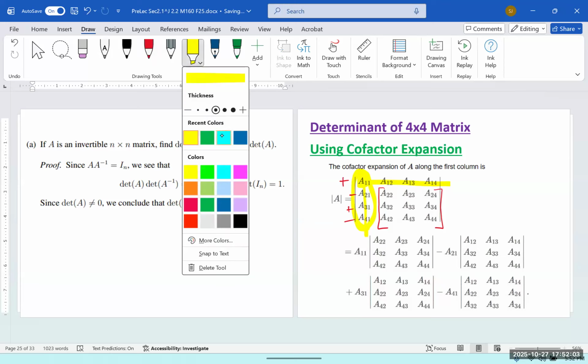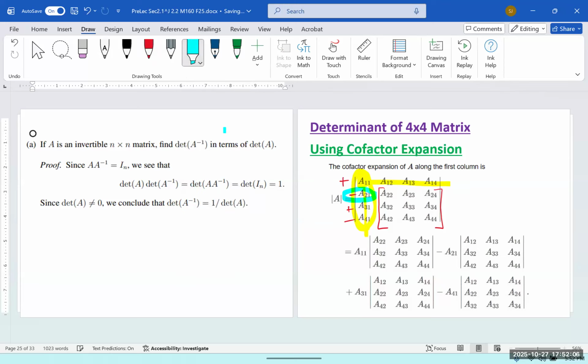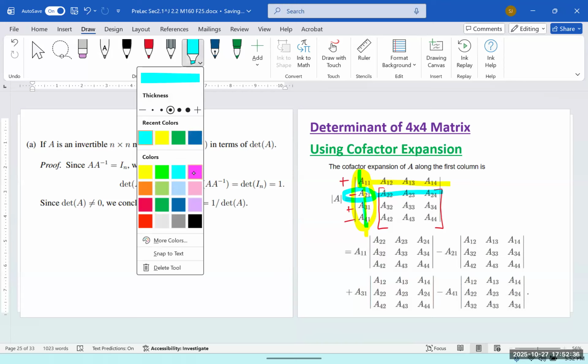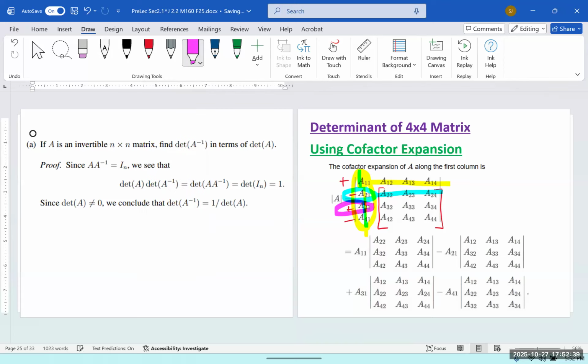The next element is minus that element. As a result, you cannot use this row or that column. So this times the determinant of the 3x3 matrix of the first row, third row, and fourth row elements. And then you go to the next element, which is the third element in the first column, and